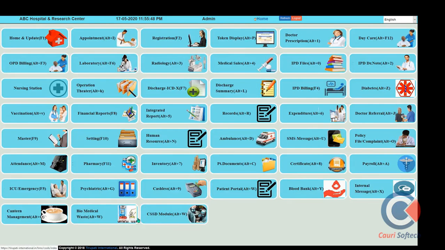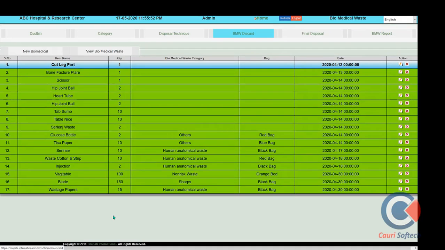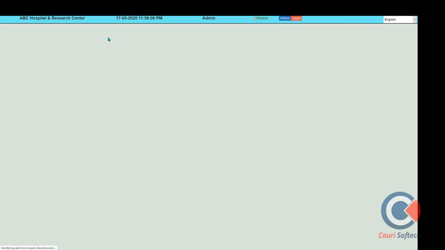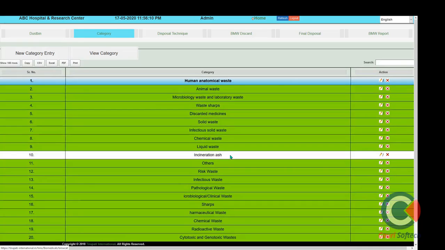The next one is biomedical waste. The hospital produces different kinds of waste. We have to properly manage it, dispose of it, and finally discard it from the hospital. Here we can maintain all types of waste category-wise, with different color codes, blood waste bin and recycle bin management.